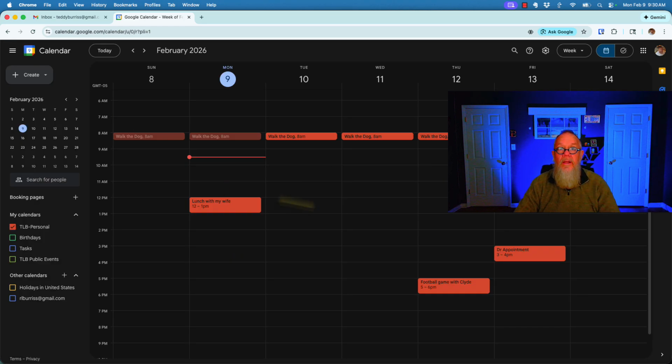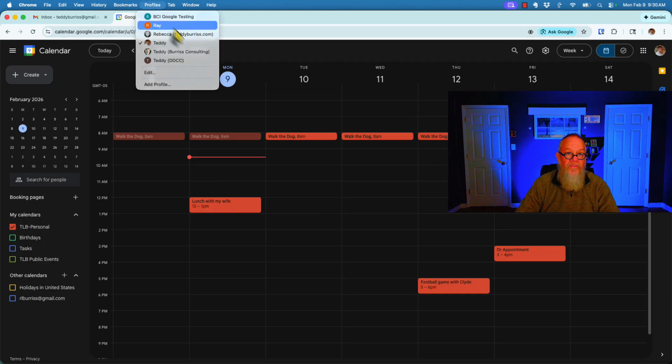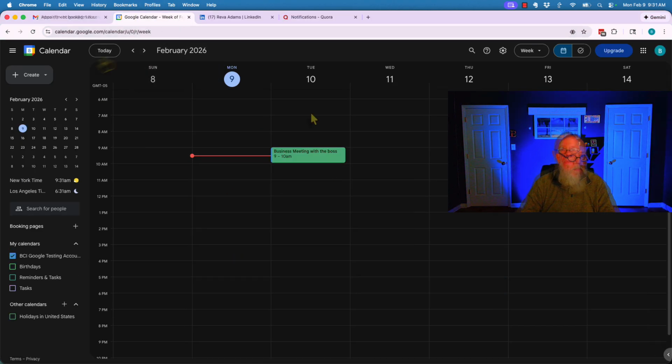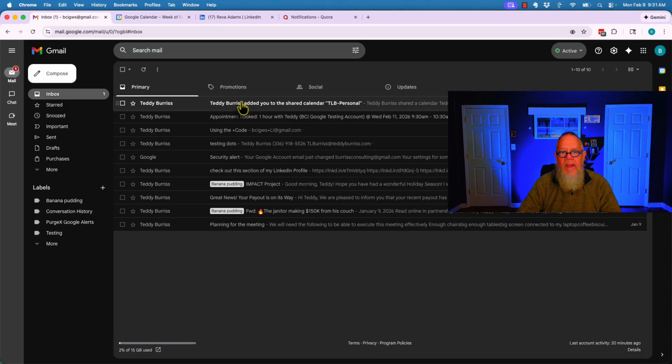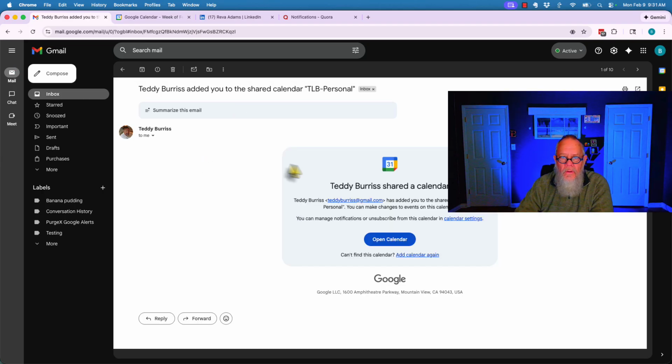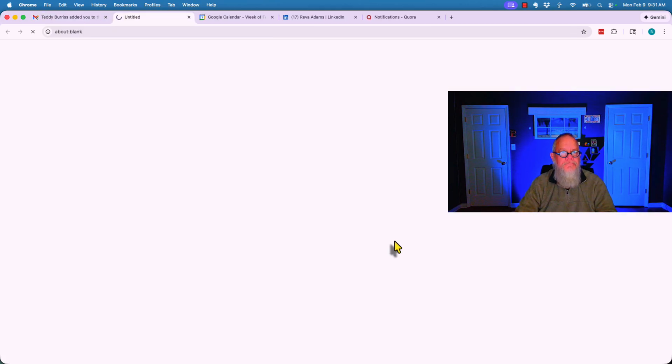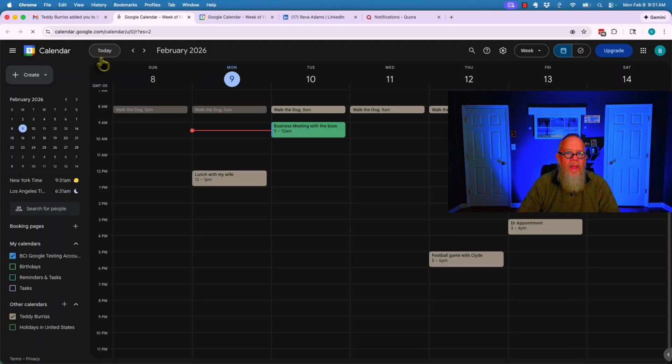So let's go over and take a look and see what happened. Profiles, business. It's not on my calendar yet because I have to accept permission to see it. However, here it is. Look, there, added you to the shared calendar. So it says Teddy Bear shared a calendar. And so I want to open calendar, which, by the way, it was already open. And you can see right there, there's Teddy Bear's personal meetings